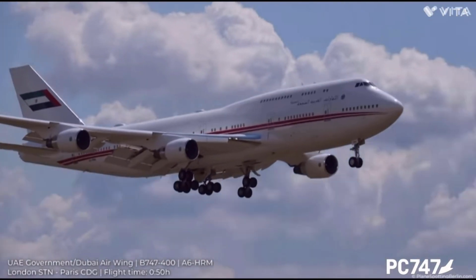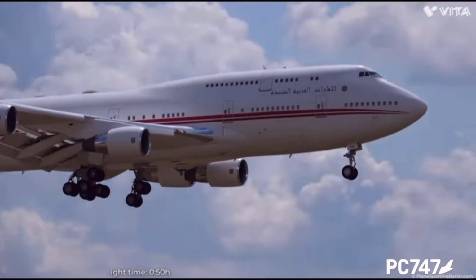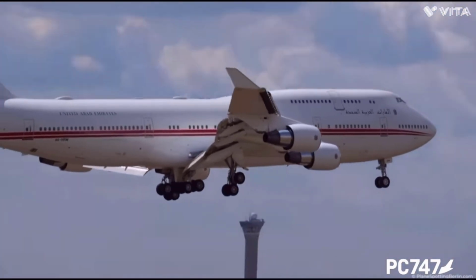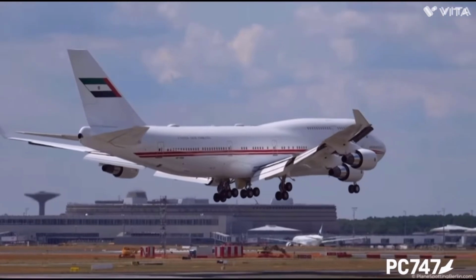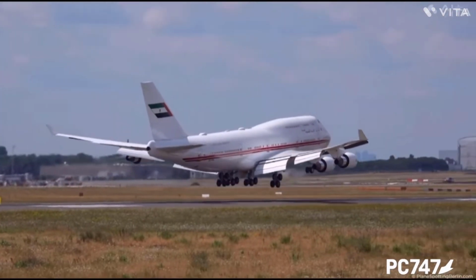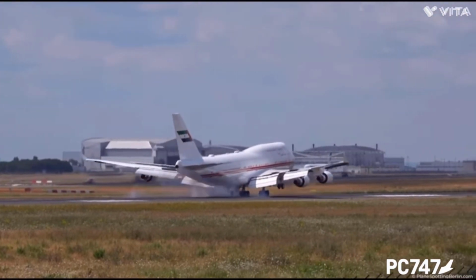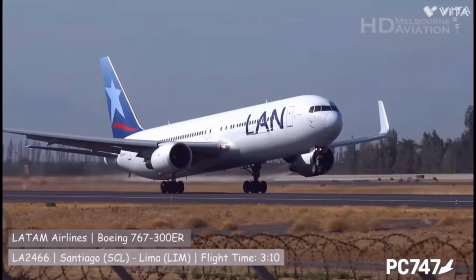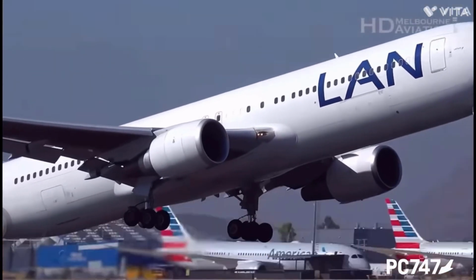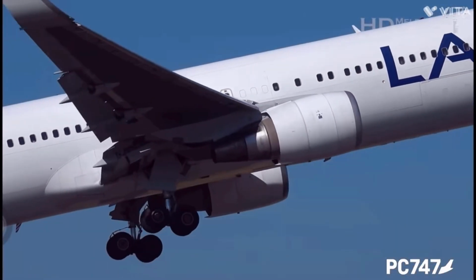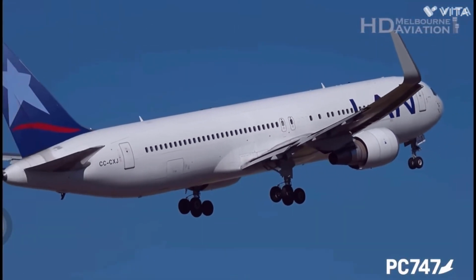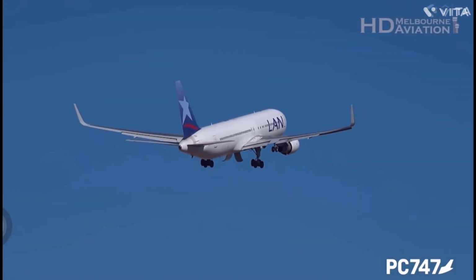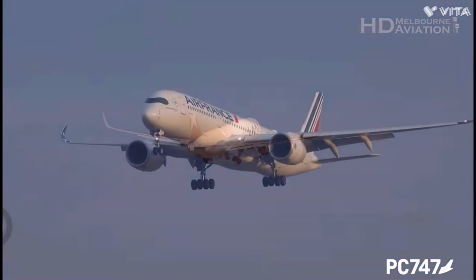Number 5, midair collision. Modern air traffic control and onboard systems make collisions rare, but not impossible. When a miscommunication occurs or separation procedures fail, two aircraft can collide, resulting in catastrophe. At high speeds and high altitudes, even a near miss can become catastrophic. That's why constant coordination between pilots and controllers is essential.